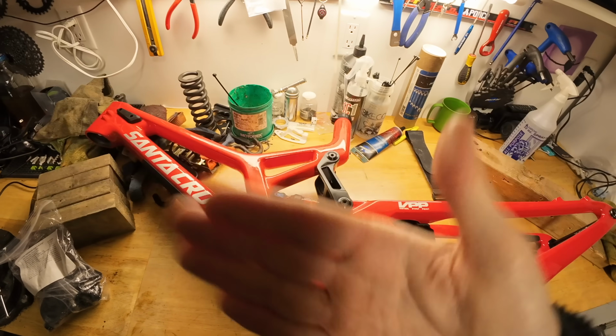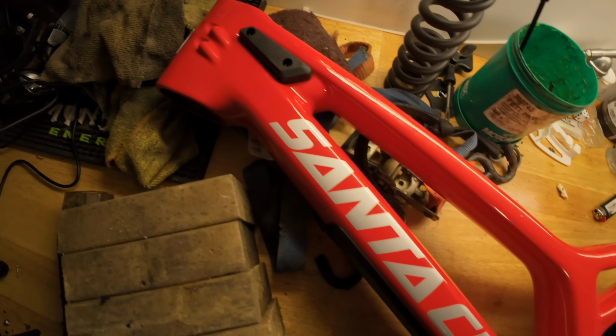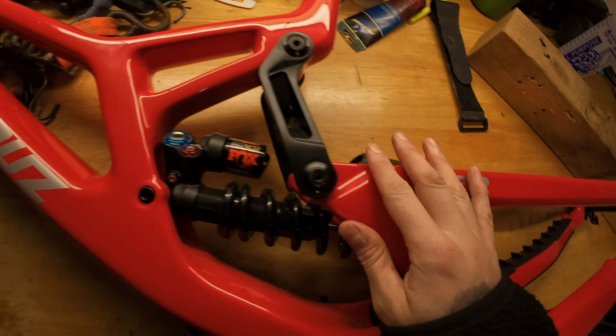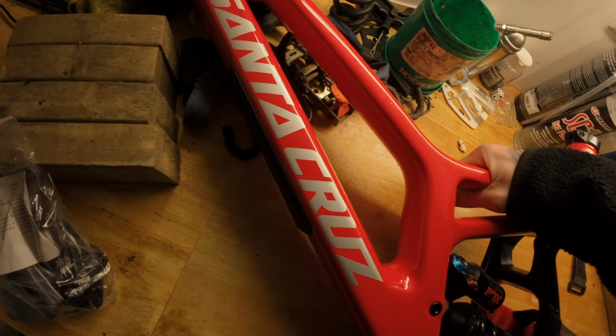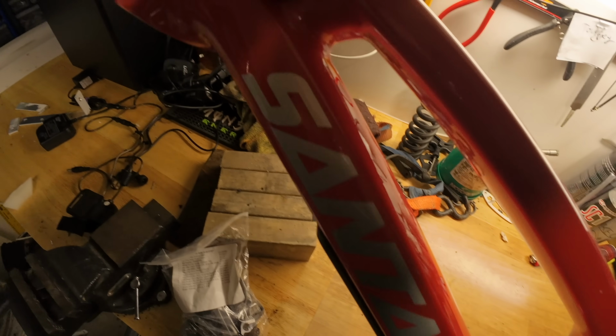So I was searching the internet for a downhill bike that I want for 2024. Brand new year, happy new year everyone. And there was one bike that has kind of stood out to me and has performed well, is very proven, and it looks beautiful. So this is what I have gone with. Ready? Wow. Would you look at that? She is beautiful. So this is the Santa Cruz V10 CC